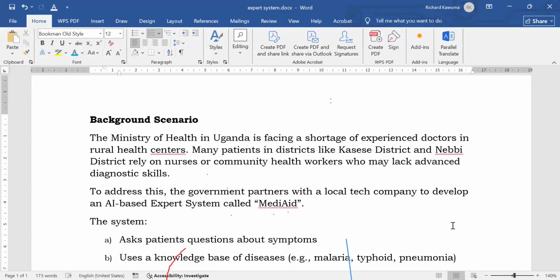Now, to solve this problem, the government thinks it should create expert systems instead of putting nurses and health workers in those villages to treat people. So the government thinks they can use technology and develop expert systems which can assist in the absence of a doctor. Okay, so